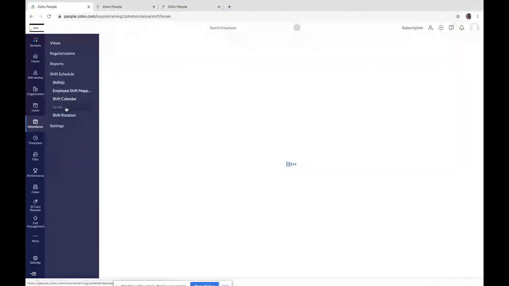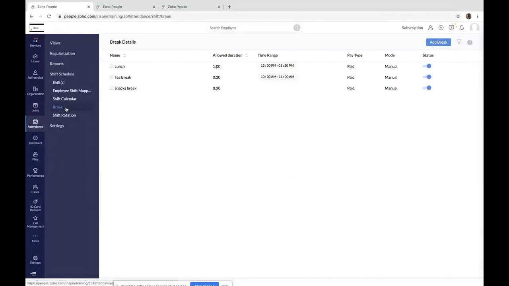So going to the next topic called break. You can define the break definition in Zoho People based on your company's attendance policy.